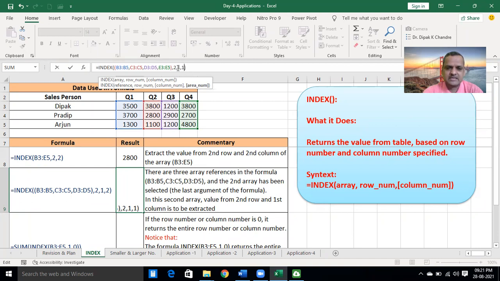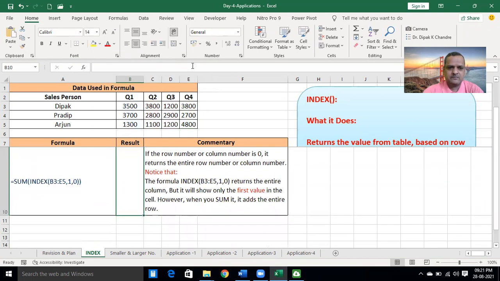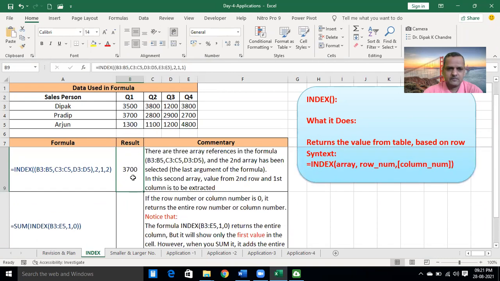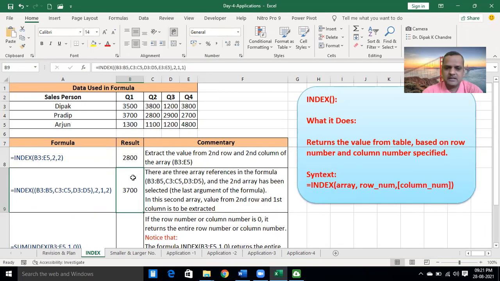From the first area number, we need to extract the second row, first column. Second row: 3,700. Okay, second row, first column in the first area number. Correct.